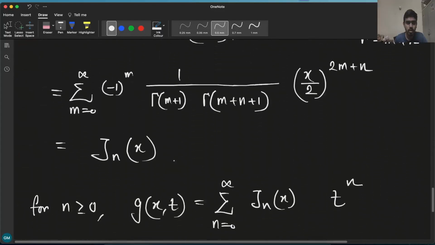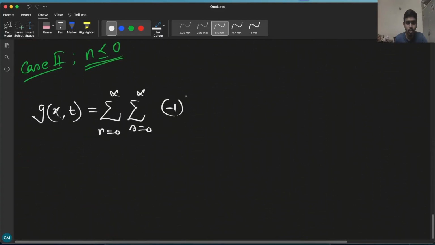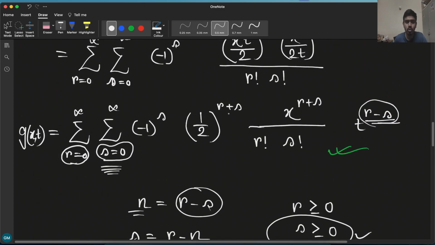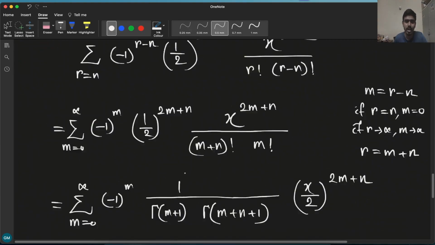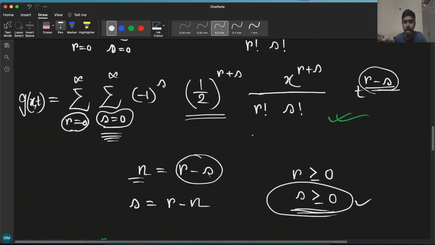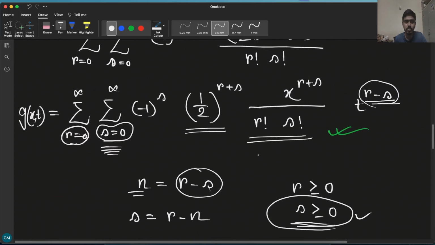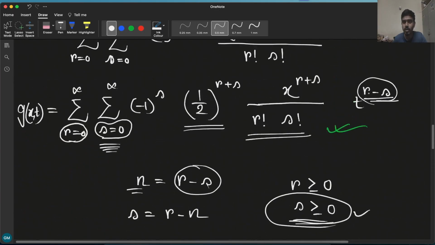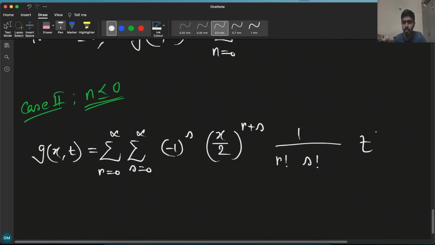(-1) to the power s, then 1 by 2 to the power r plus s, and there is also x to the power r plus s, so I will write them together. I will write them as (x/2) to the power r plus s times 1 by r factorial times s factorial times t to the power r minus s,